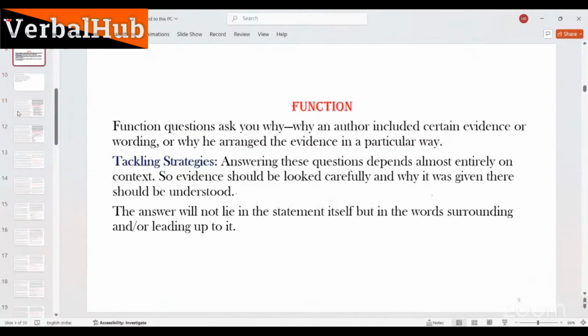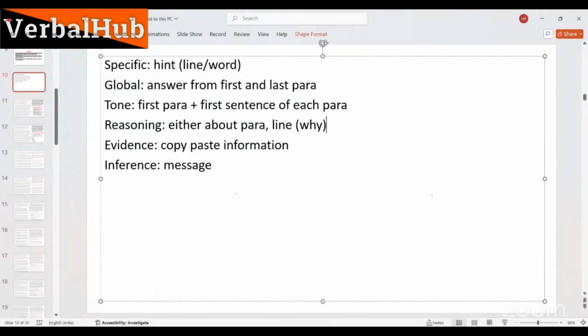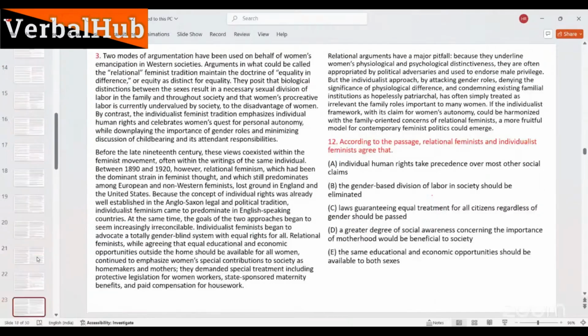Now let me summarize all, solving one or two questions and directly giving the answer. First, solve these types of questions, and after that look at it: out of 16 questions, almost 8 questions will be inference. Okay, 8 plus questions. So you can assume only 6 questions from these 3 areas. So try to solve them. Why? Because they have direct location. For example,